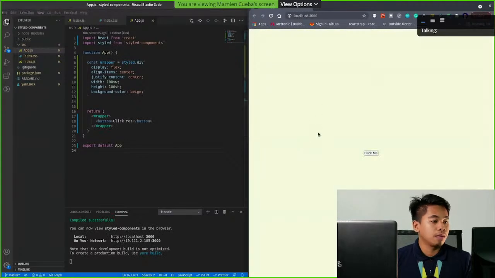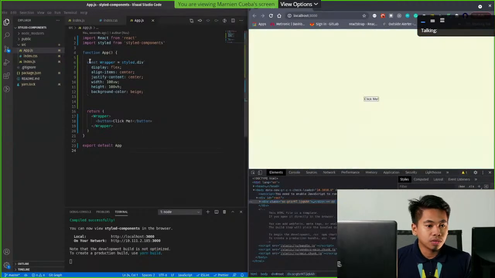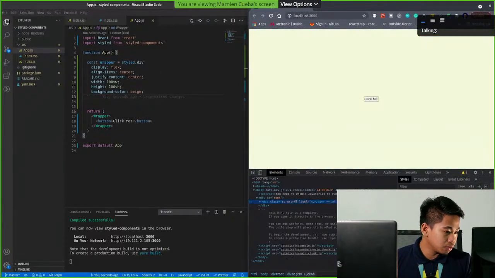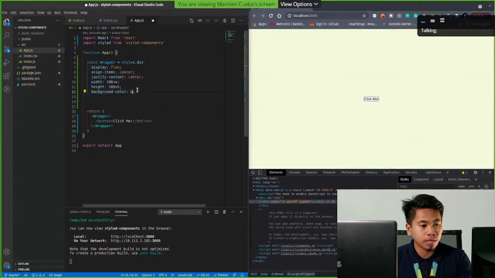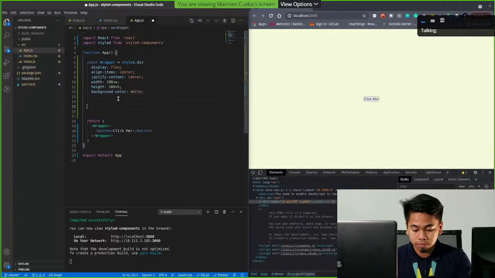So here the CSS or the style components, CSS render in the DOM. So here, as you can see, the flex CSS together with the width and height and background. So let's make it to white, and then let's add another